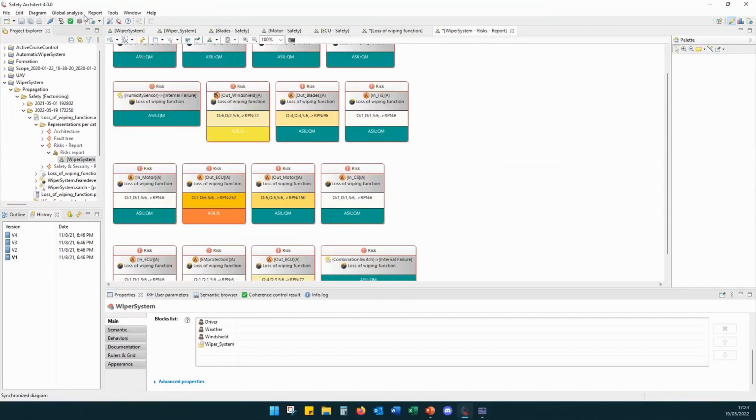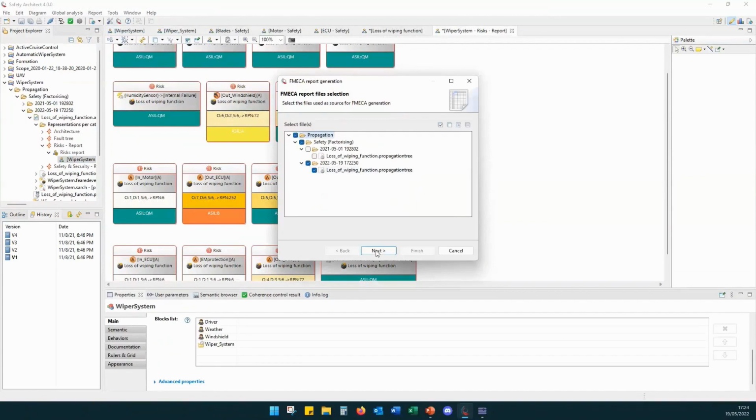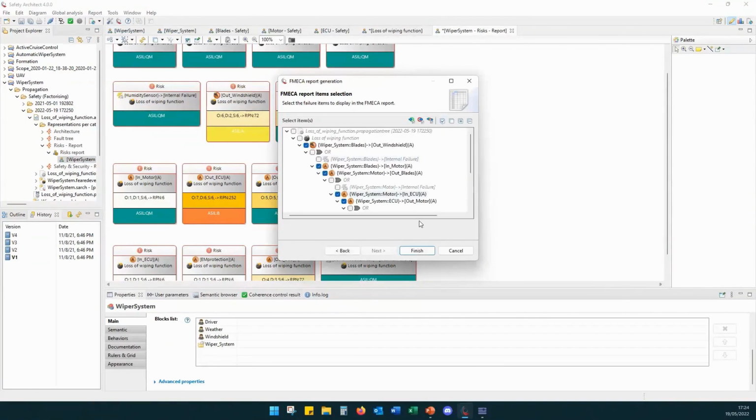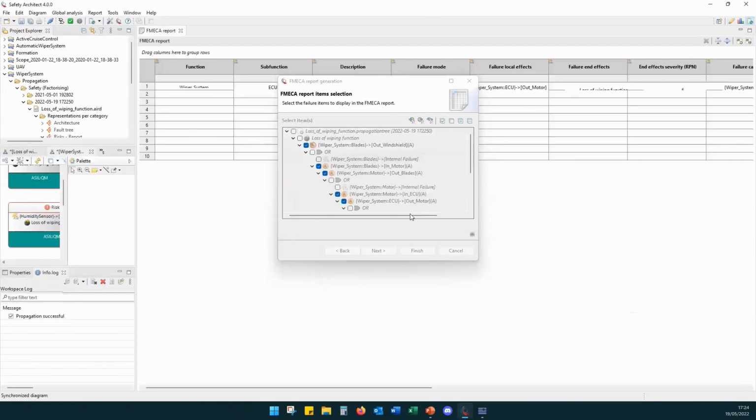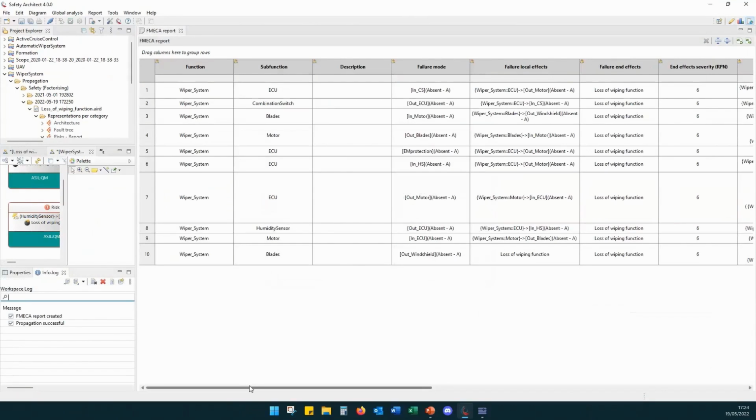Now we can also generate the FMEA. So next, I select all the failure mode of the project, and it automatically creates the FMEA table with the main part of the FMEA automatically filled.